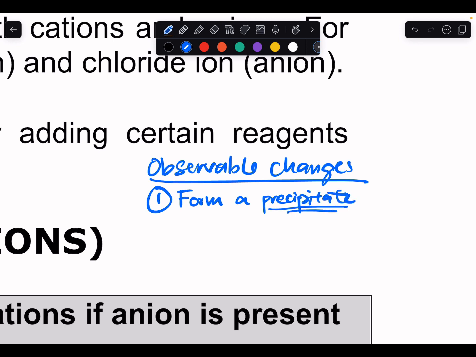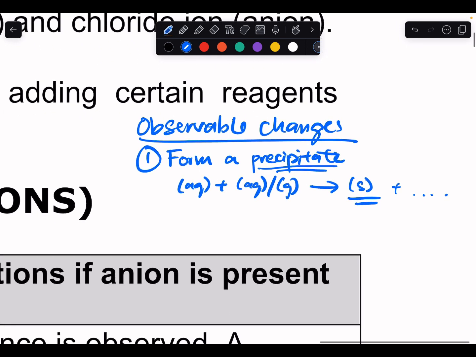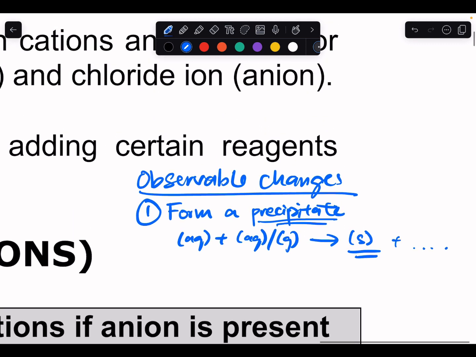So what is a precipitate? A precipitate is formed when two aqueous solutions or a gas is added together to form a solid. And this solid will be the precipitate plus whatever. Okay. So an example of how this works: say I have sodium chloride dissolved in water. I add silver nitrate